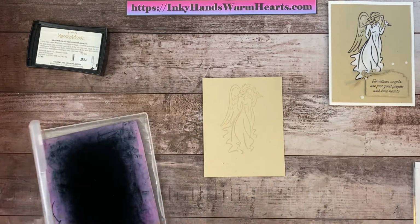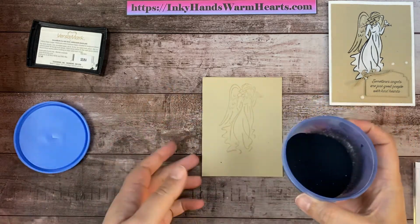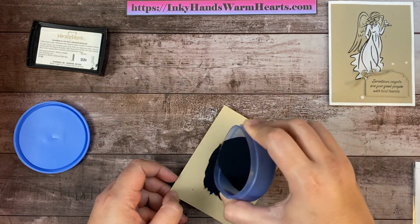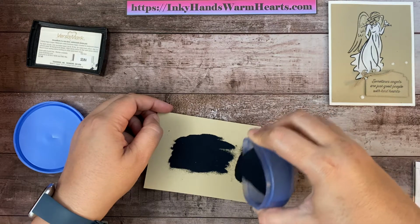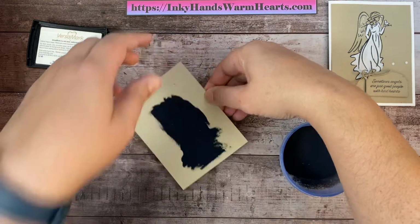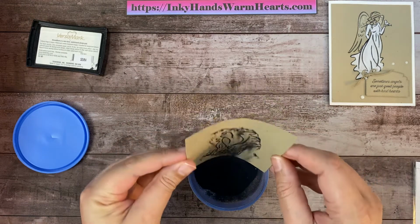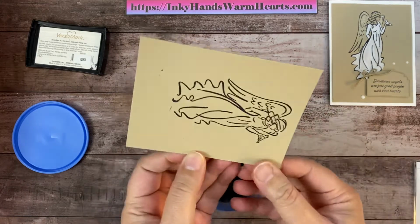All right, so now we're going to use embossing powder. I like to keep it in a small container with a lid. And I'm going to go ahead and take this and pour it over my piece of cardstock and try and cover that angel image like that. Once I have it mostly covered, I'm gonna be real careful and pick up the cardstock and then just kind of turn it in itself here and pour it back into the container that it came out of,